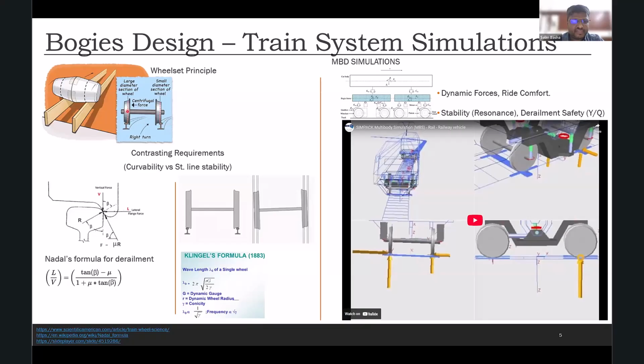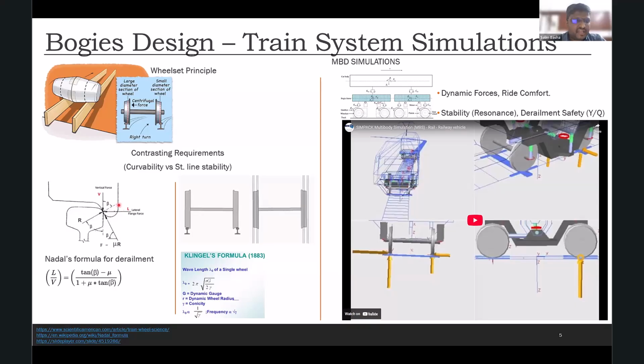So that sort of a mechanism is playing a role here. So we have this wheel set. Now this wheel set has certain requirements. Like when it goes on a curve, we need to ensure that it does not derail. So what happens is that we have this flange which is meant to stop it from derailing when it is